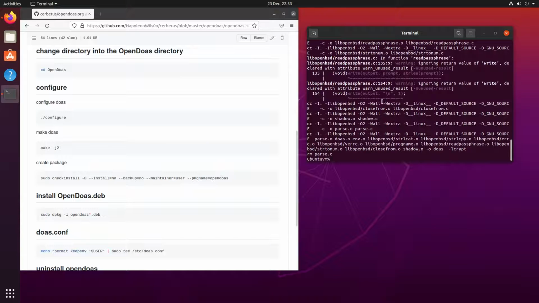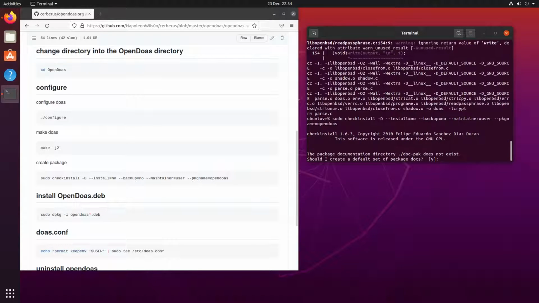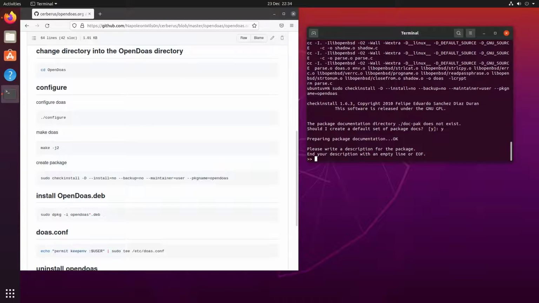And you can ignore these errors here. And we finally run this command here, sudo checkinstall, and these options here. And this is going to create the deb file. What it's going to do is prompt us, first of all, to create some documentation. So yes for that. And then for this next section, all you need to do is press return at the prompt. So just press return